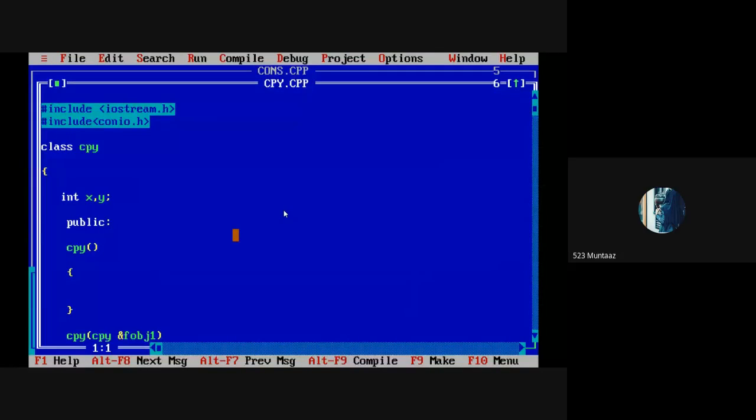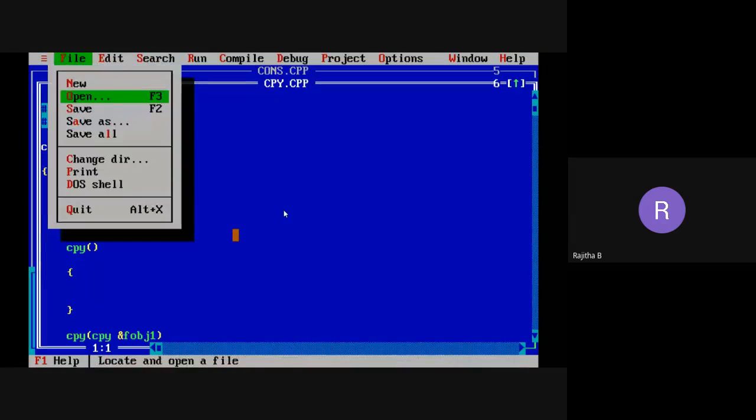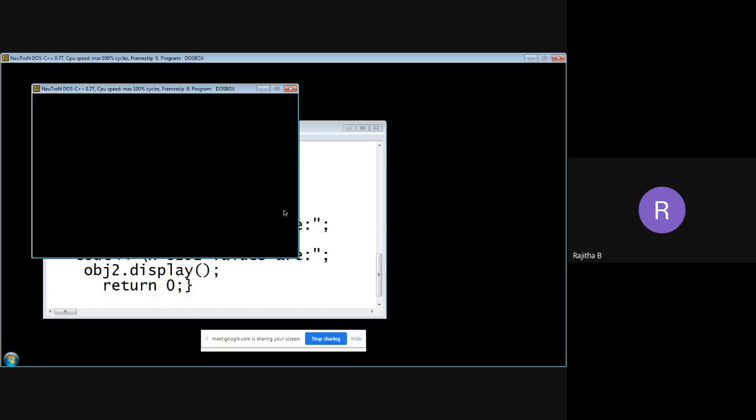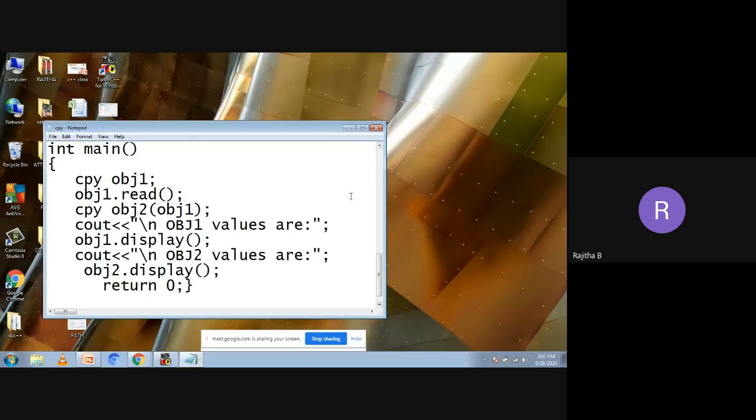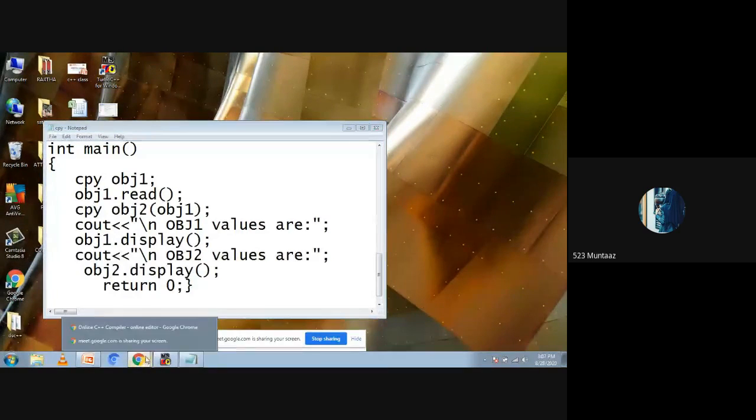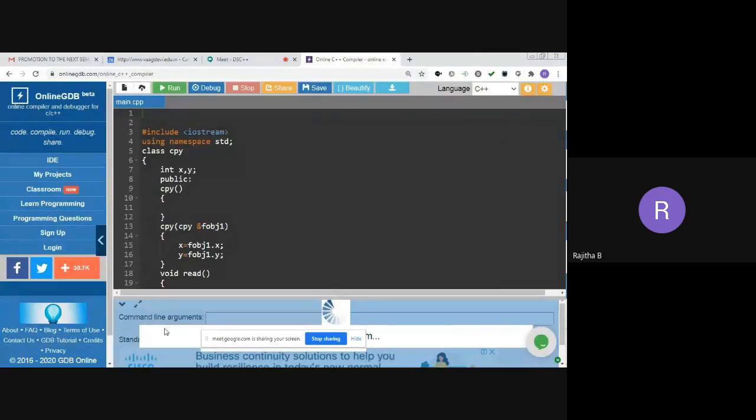Mumtaz, do you have notes of C++? Are you maintaining the notes for C++? Yes, ma'am, I'm maintaining. Can you show me the notes? Ma'am, 2, 3 days back I didn't write. Okay, no problem. Just show me the topics you have written.